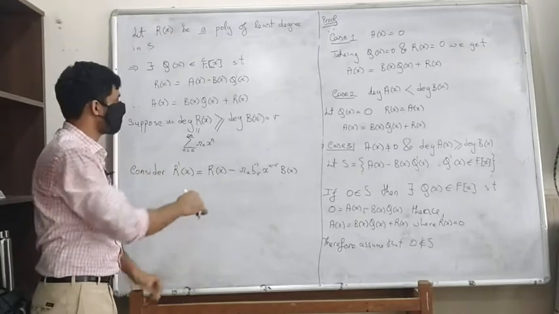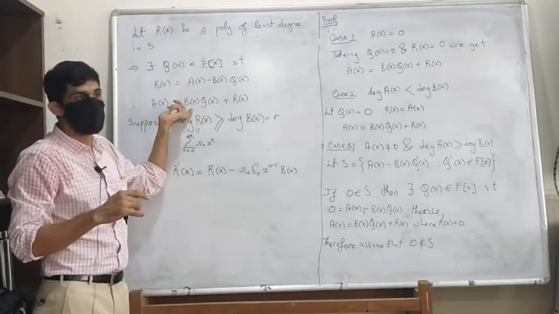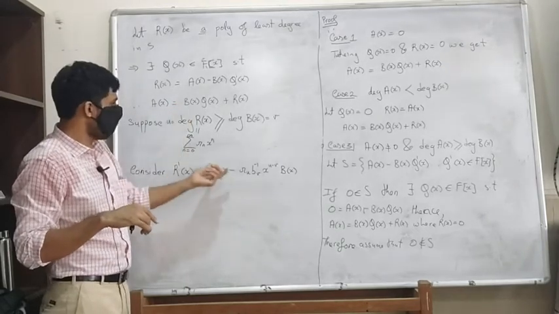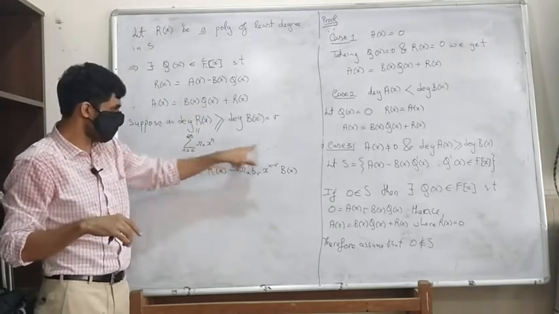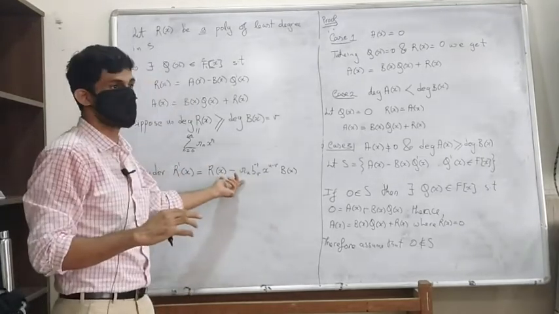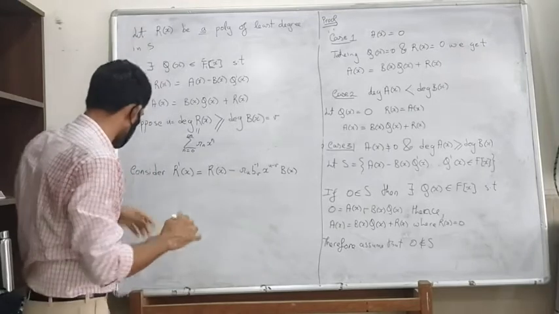What is r of x? It is nothing but a of x minus b of x times q of x, right? And now you can just combine your q of x with this portion, that gives you some q prime of x. So it is quite obvious that this is in S. Okay, so let's see.